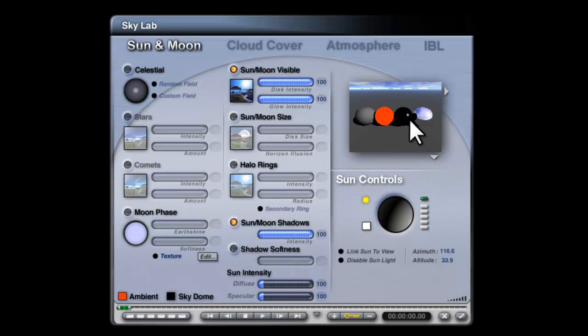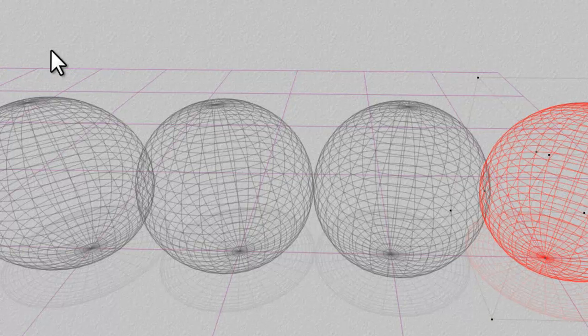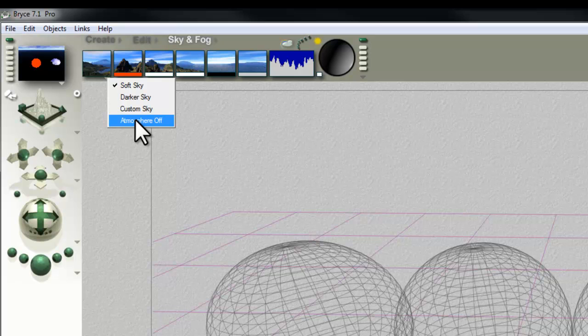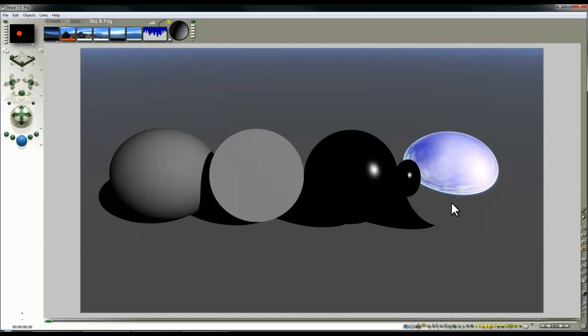So in this case, in terms of controlling the lighting, we have the option of turning off the diffuse, and you'll see the ground's disappeared and the sphere on the left. We can turn off the specular, and that specular highlight disappears. If we turn the diffuse back on, you'll see that the specular responsive sphere here still remains black. The only way to get the sphere with its fully reflective, fully black, would be to alter the environment so that there was no sky and nothing for it to reflect, but it should, if it could see it, reflect the ambient ones. If we turn the atmosphere off temporarily and set it to fully black, you can see now